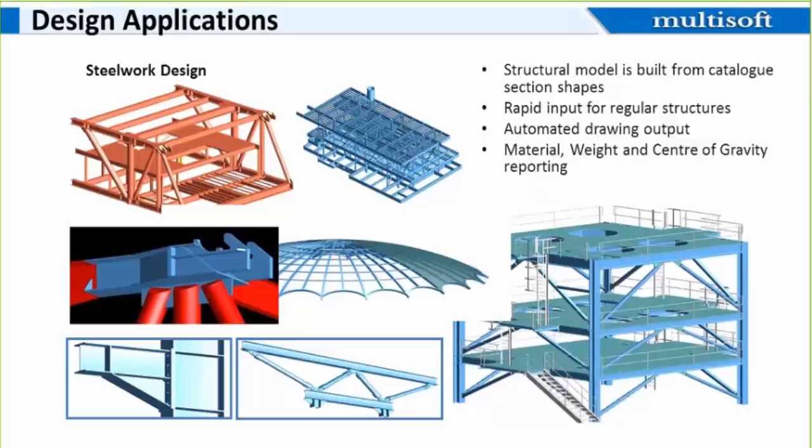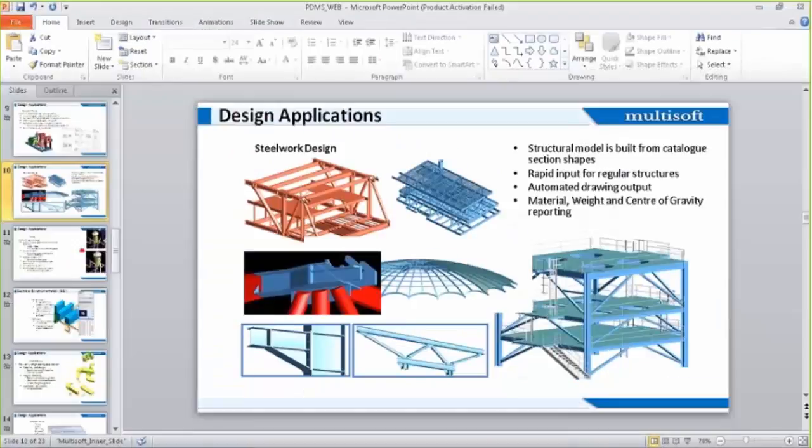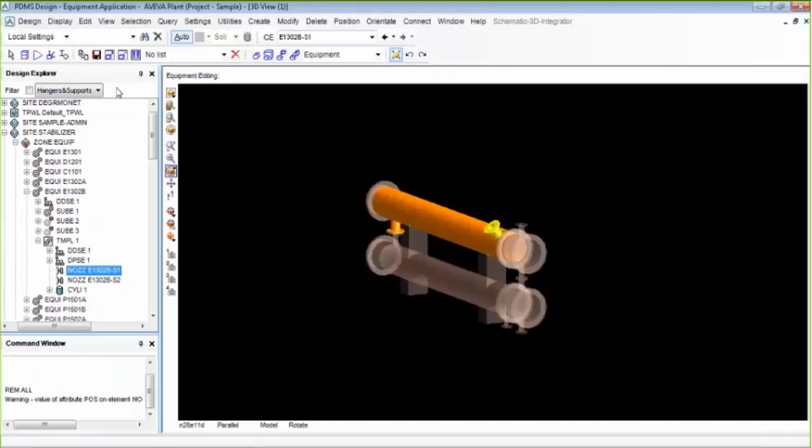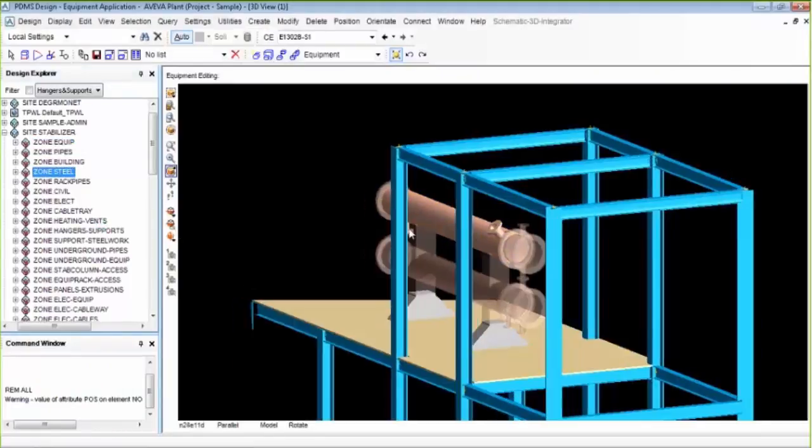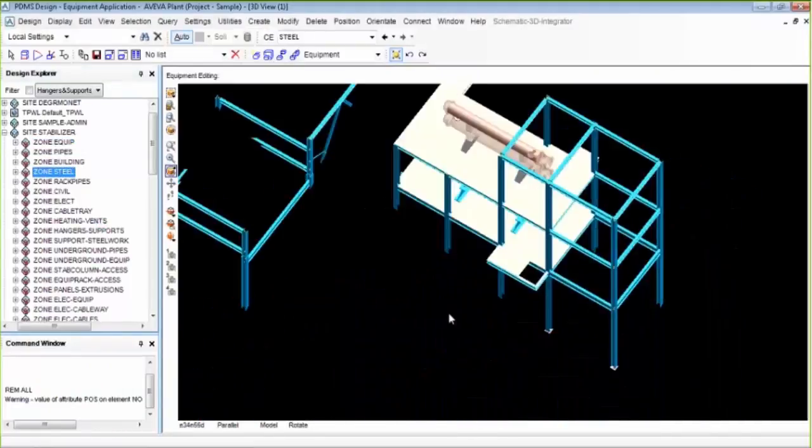This application can also be used to create stairs and ladders. Like if I show you, these are the beams and columns.